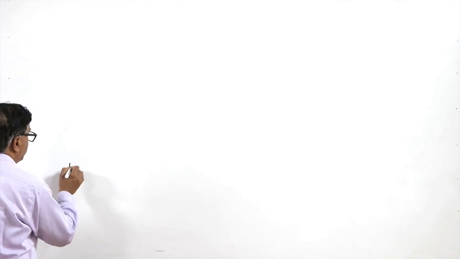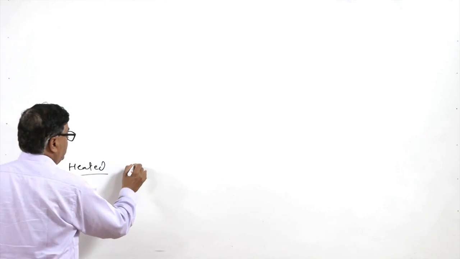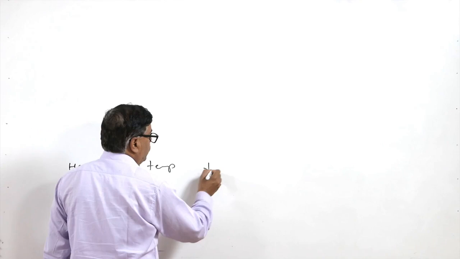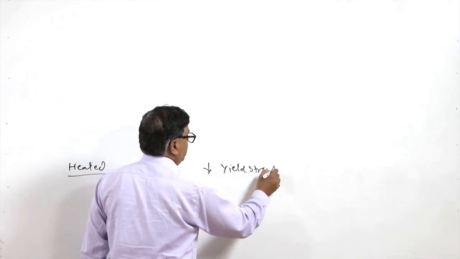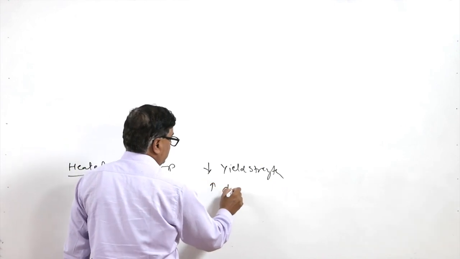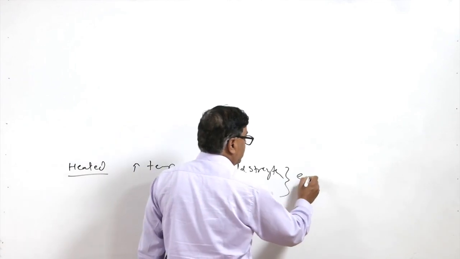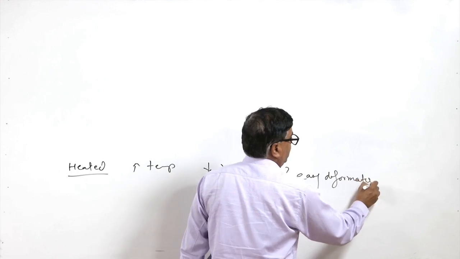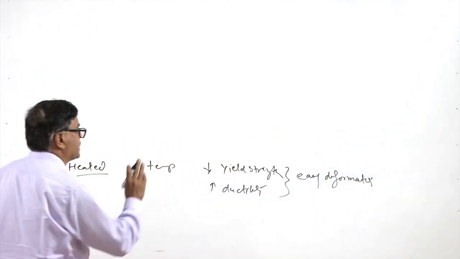So, when a metal which is to be deformed plastically is heated, application of the heat increases the temperature, which in turn lowers the yield strength of the metal and increases the ductility. A combination of these two facilitates the easy plastic deformation, and therefore, the entire plastic deformation processes fall in the